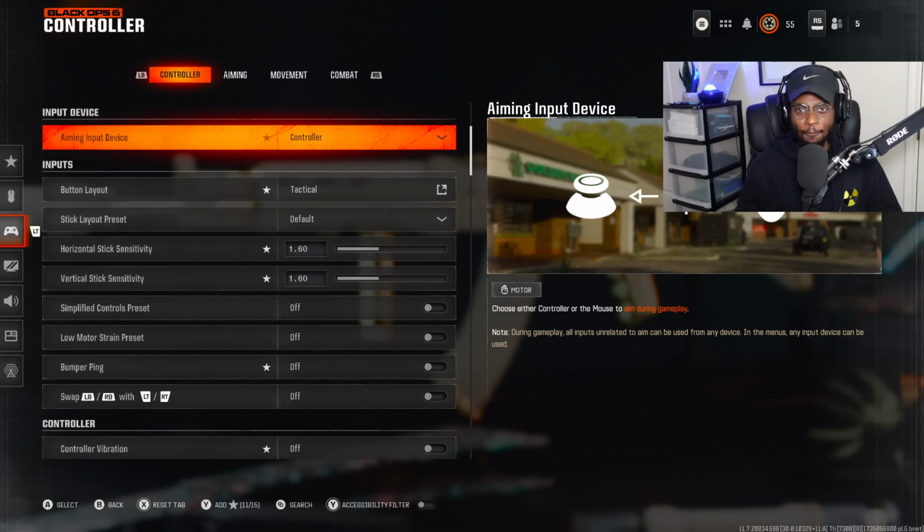These are going to be the absolute best settings to use here in Black Ops 6 if you are trying to drastically improve your aim